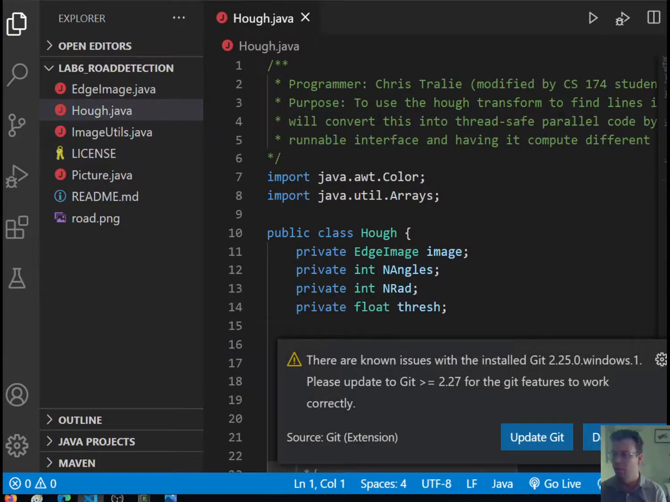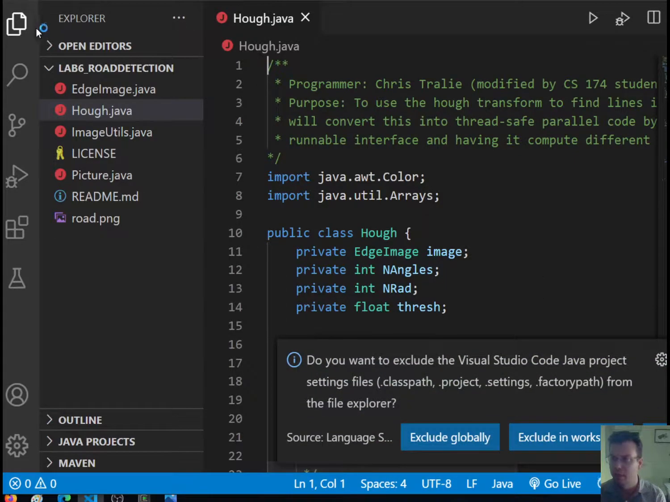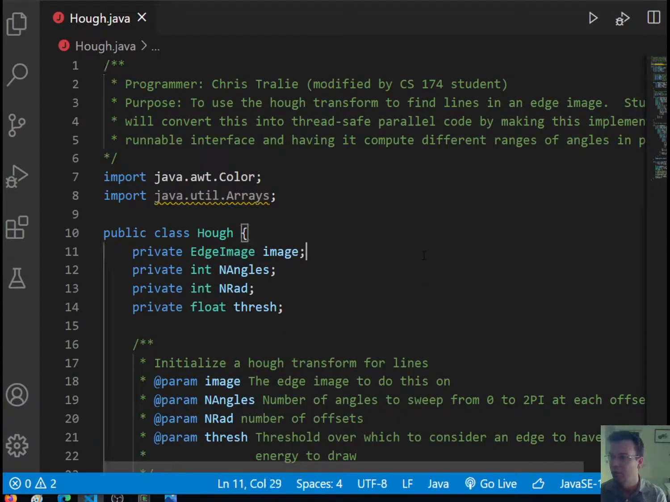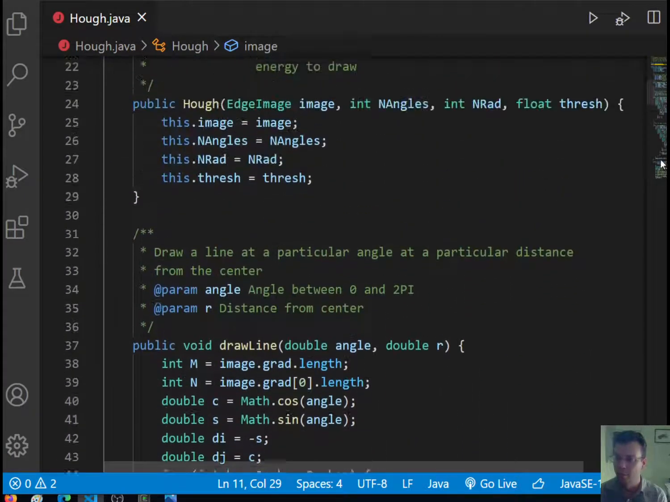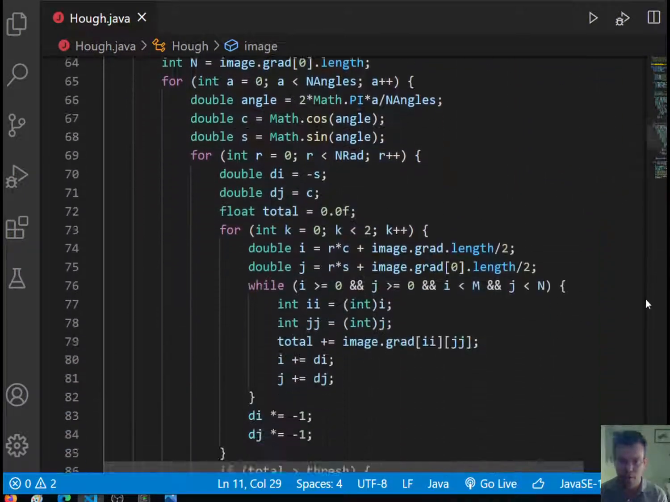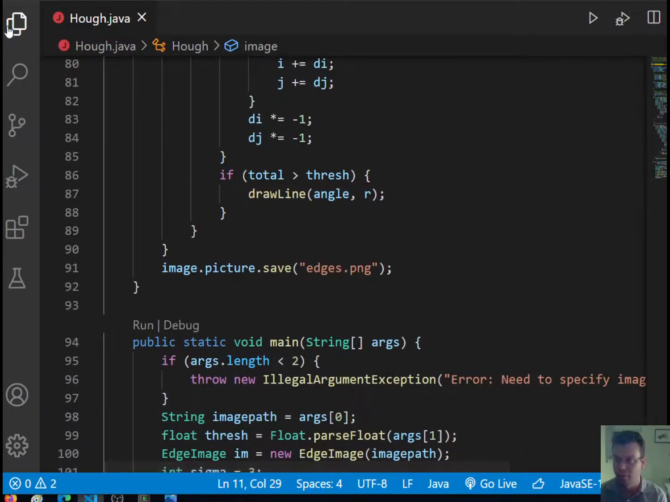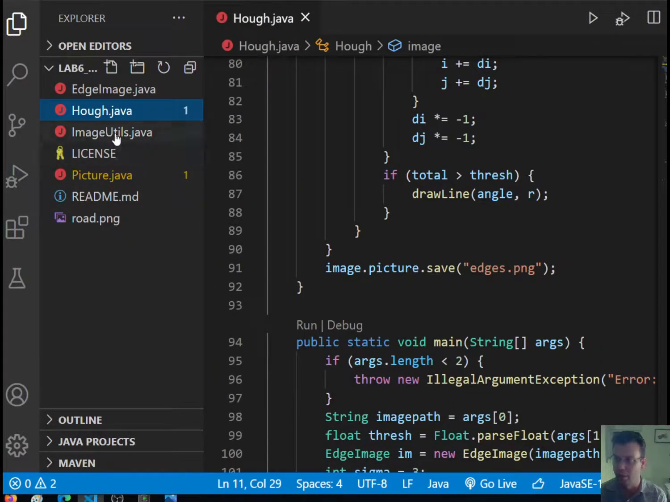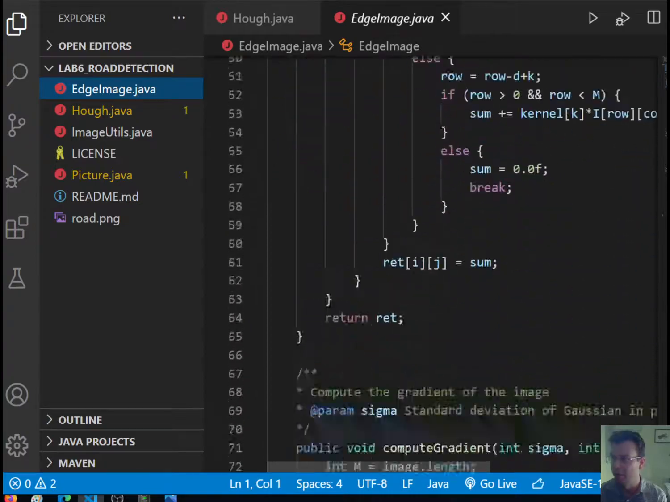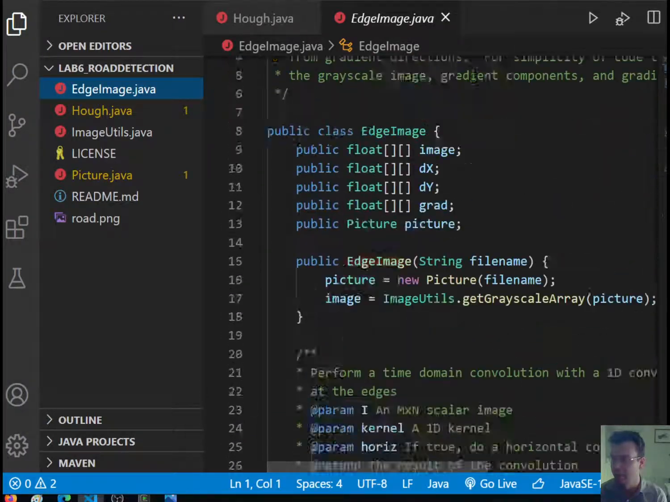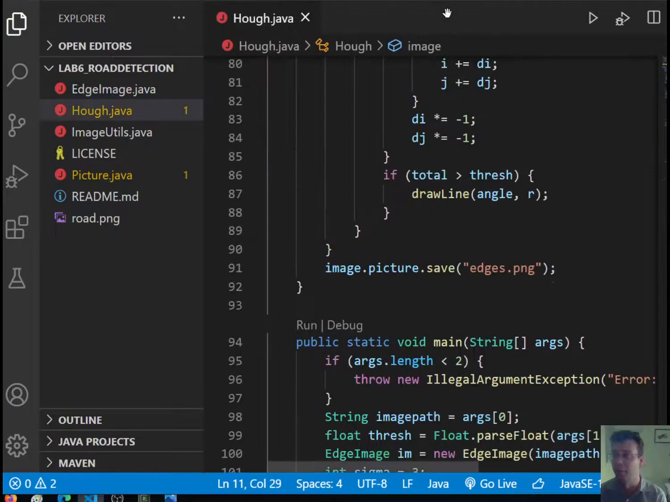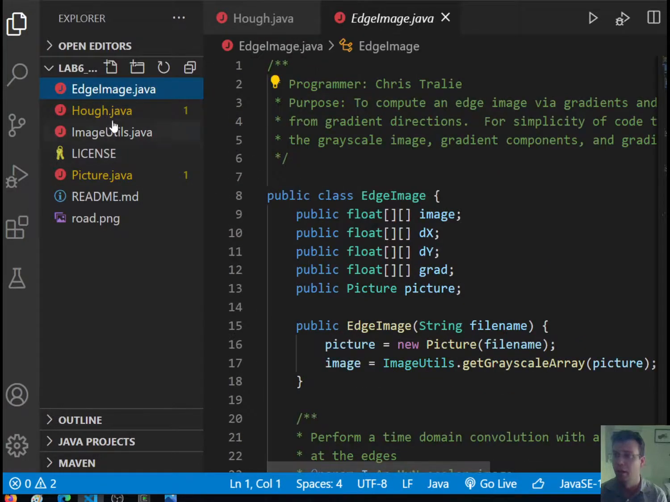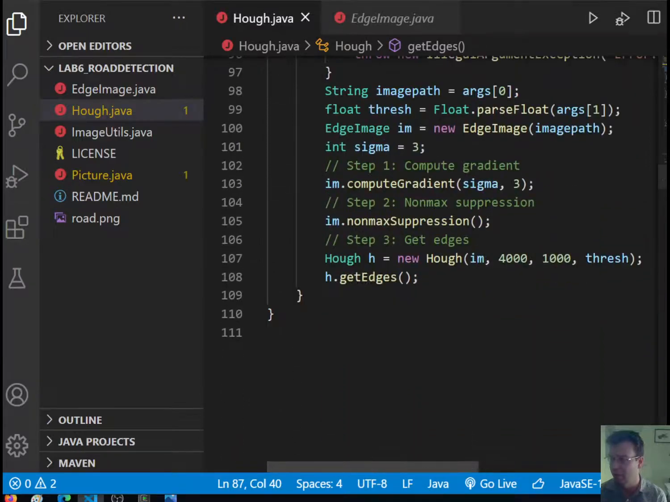And this process of detecting lines is called the Hough transform, H-O-U-G-H. And I've already done this for you. In fact, I've done quite a lot for you. There are other files here that are helper files. There's a file that computes edges and things like that using some multivariable calc tricks, which I'm happy to tell people about, but you don't have to know them. What you really have to understand is